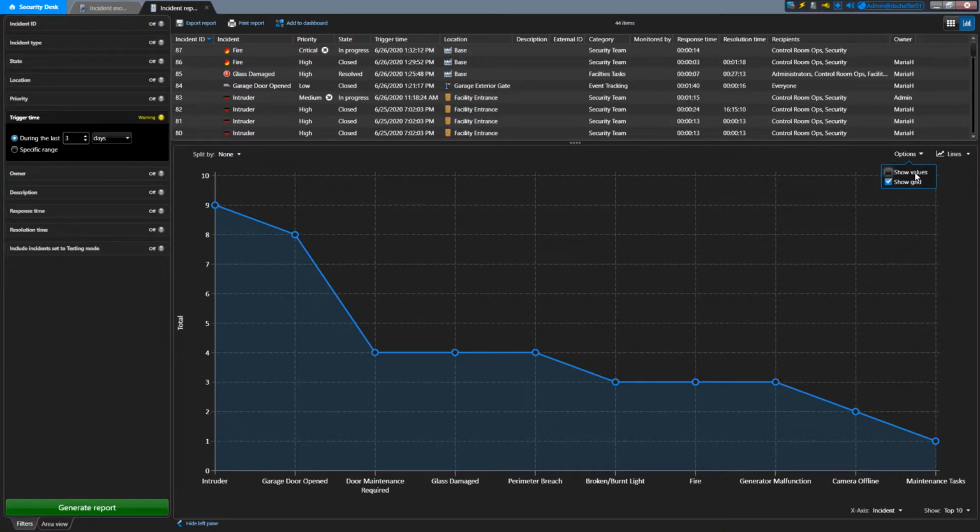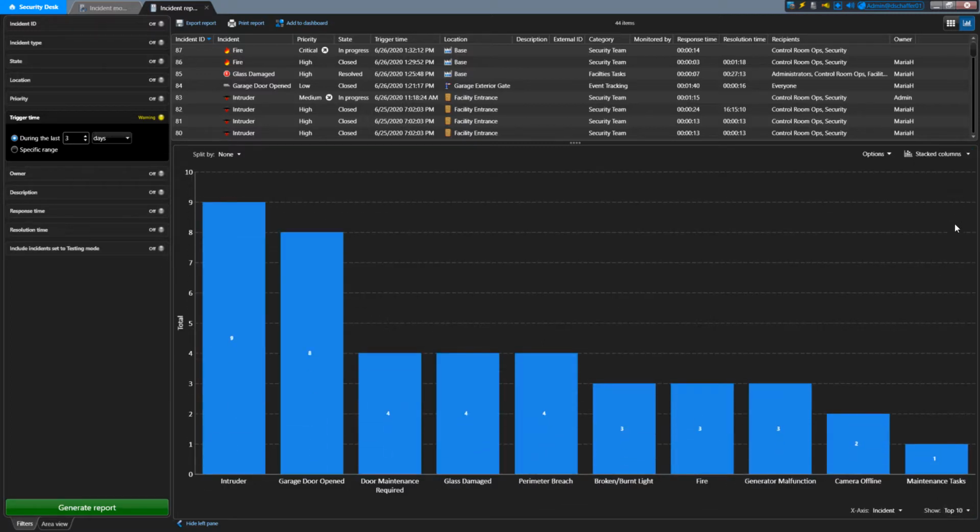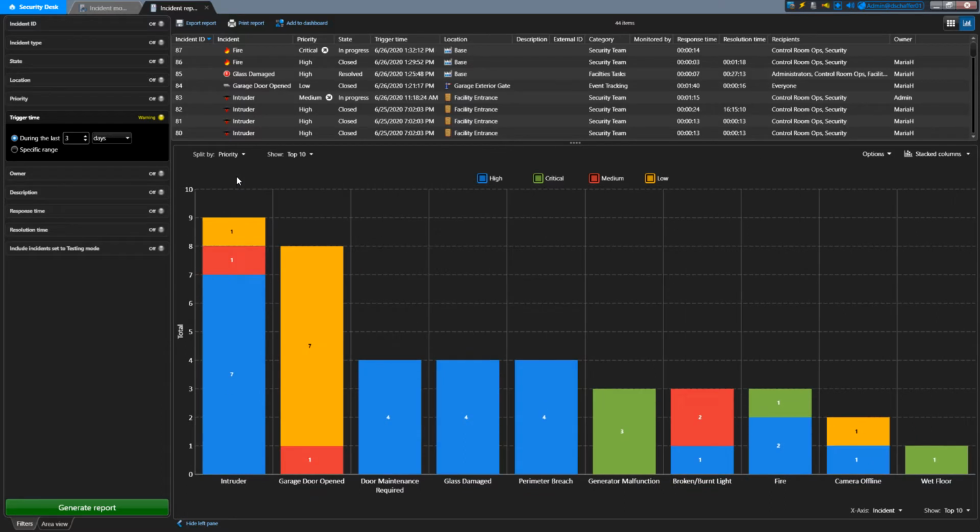If your chart has more than one axis or sort criteria, you will see a drop-down menu where you can choose what to see for that axis or how to split up the totals and how many entries to show for it. For example, if I change my chart type to a stacked columns chart, my x-axis can show the different types of incidents and the y-axis can be my total. If I want to see more information, I can click on the Split By menu and choose Priority. Now I can see how many list entries I have for each incident type, and that total is broken down into the number in each priority.